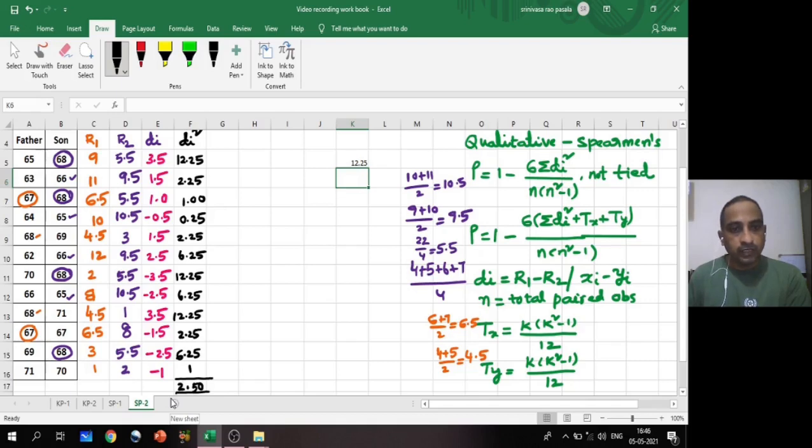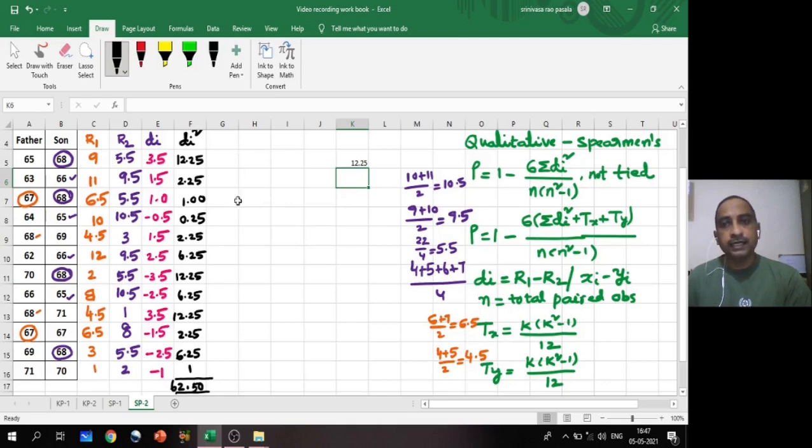So the sum is 62.50. Now the next part is either you can substitute directly over here, or you can first calculate tx